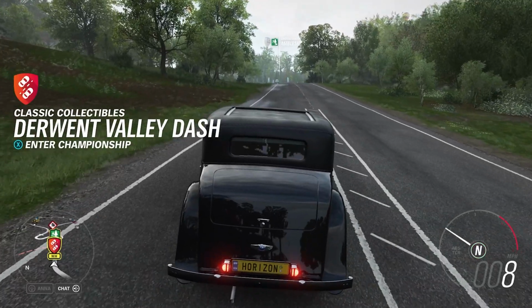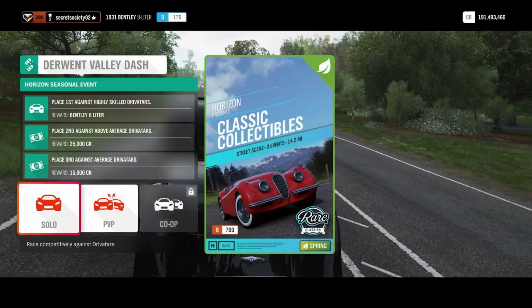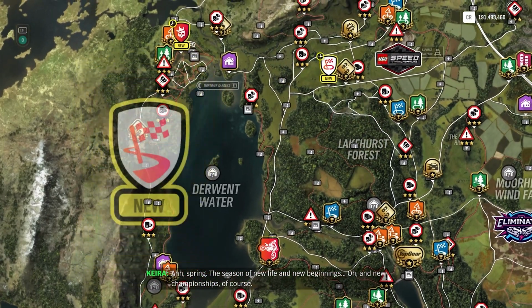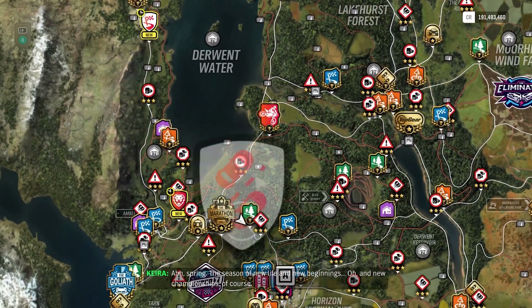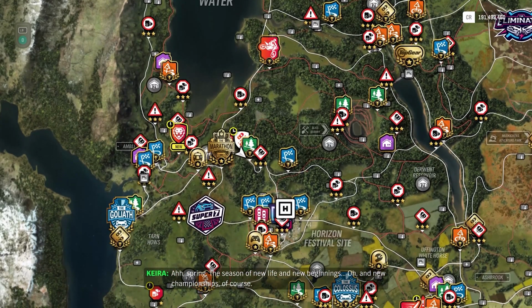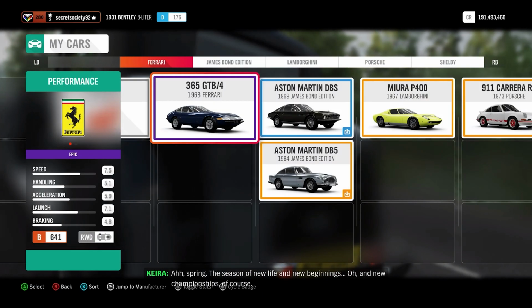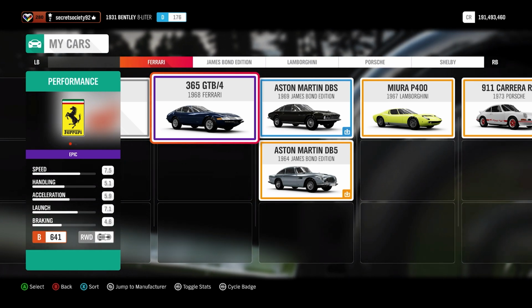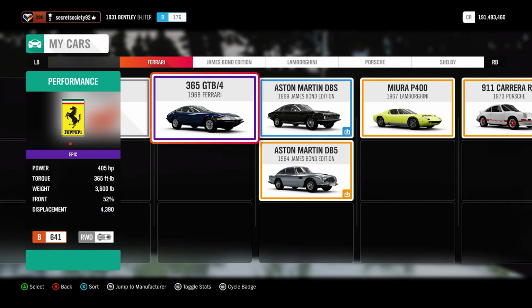Let's see what cars we can get in and what races we're going to be doing. Ah, spring. The season of new life and new beginnings. Oh, and new championships, of course. Naturally. So we can get in the Ferrari 365 GTB/4, very powerful car, more than 400 horsepower from its V12